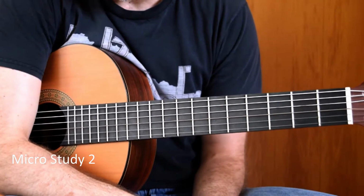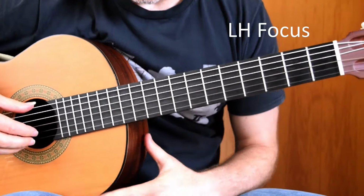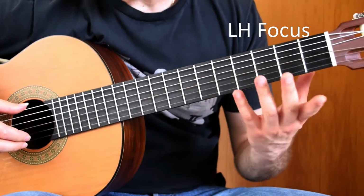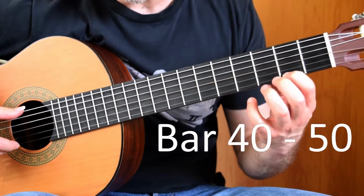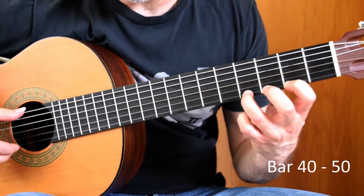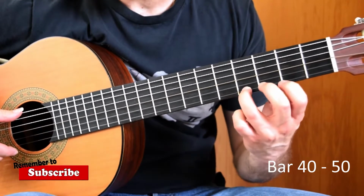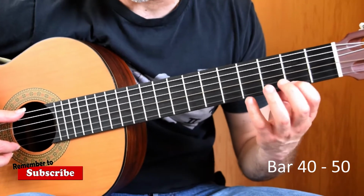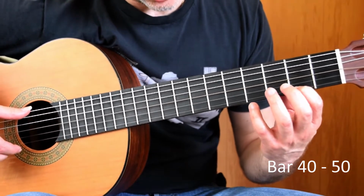Welcome to the next micro-study. Here we're dealing with the left-hand melody. Now, the melody is on string 1 and it starts with an open string. We then have 2nd fret, 1st finger. Third finger on the 4th fret, 5 times, then you're going to back down to 2 for 2. Now you're going to need to laser ahead because you're going to have to shoot up to 7 with the